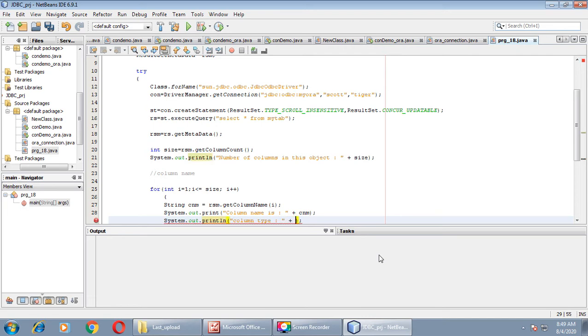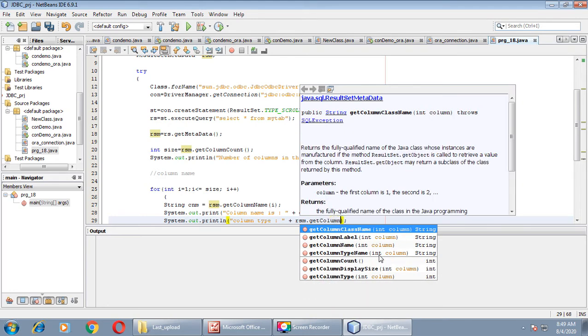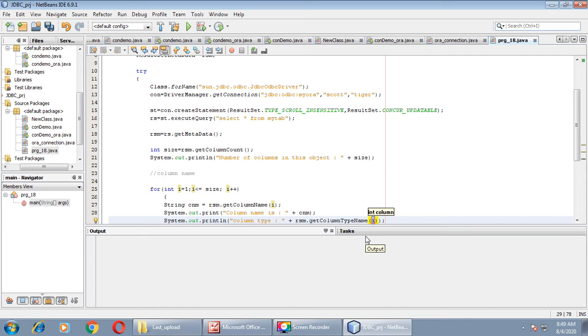We will take one more method, rsm.get column type. Here you can see the first method, get column type name. This will retrieve the designated column's database specific type name, means varchar2 or integer or number, whatever the data type you have defined for that particular column. Take this method and pass the I as a parameter.